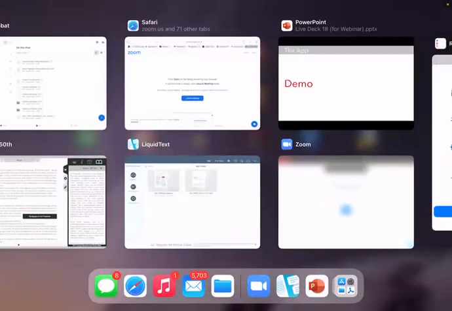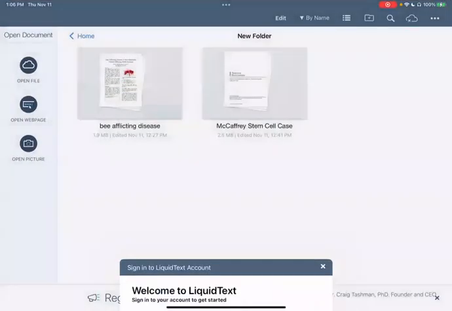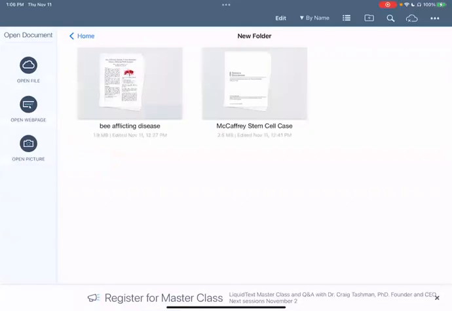So now you're here and you need to figure out what's going on. So to demonstrate this, let's go back to the LiquidText app here. We're using a custom special version of LiquidText where you can see my finger with the little blue dots as I move it around. This is, of course, the LiquidText home screen.